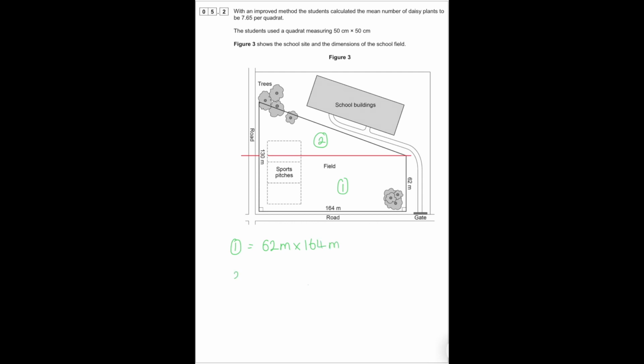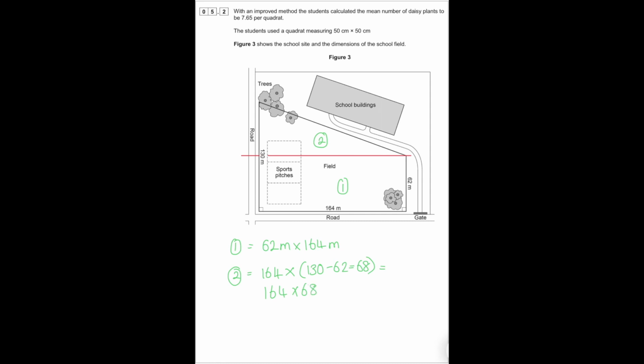And to work out Area 2, we're going to have the length, which is 164 metres, times the height of that triangle, which is 130 take away 62, which is 68. So in effect, we're saying 164 times 68